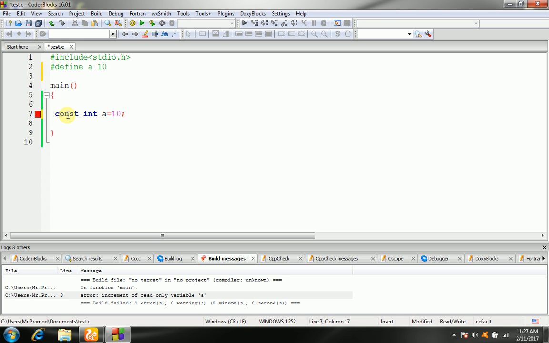Both have the same meaning. The hash define preprocessor is code that is pre-compiled and executed, which gives the same result as a constant. Both are the same.